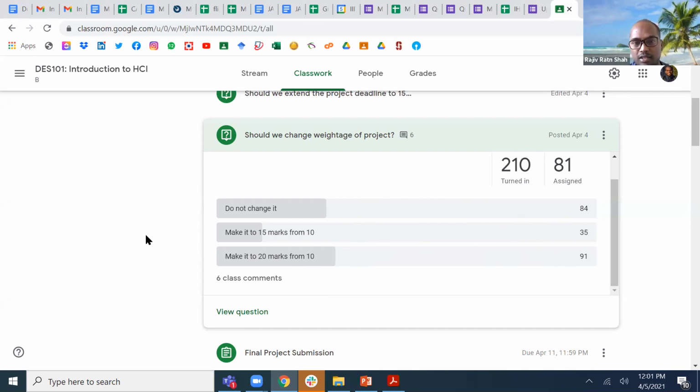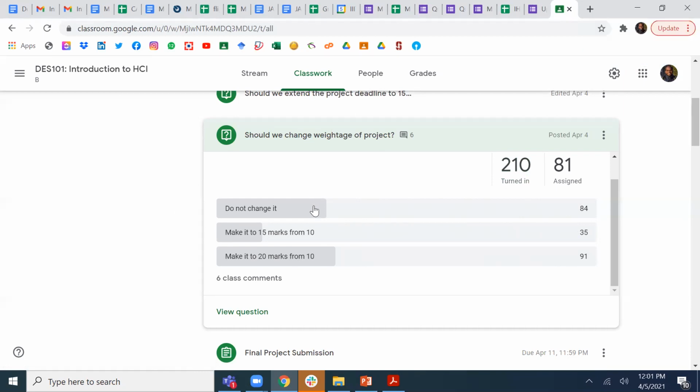So what I'm proposing is we can keep it at 15 marks so that people won't be too dissatisfied. Is this fine?